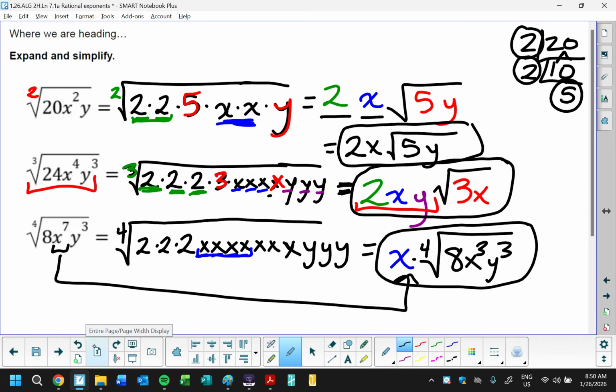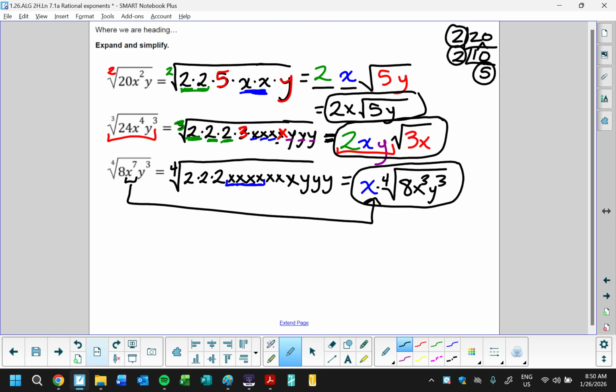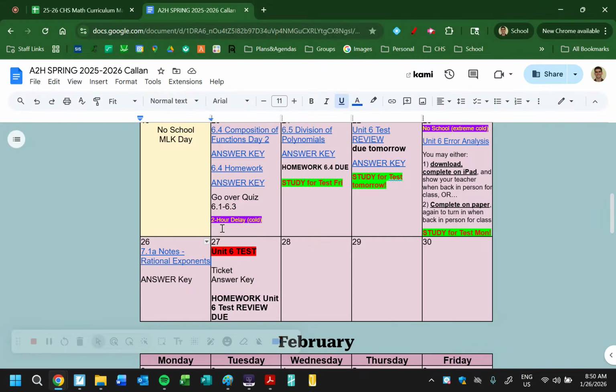That's pretty much what you got for today. Don't forget to continue studying. We're going to have to, at some point, return to being in person, take our test. If I could point out then on the calendar. So we're gonna do the test tomorrow. We're gonna start it in the very least. Even if we have another delay, it might not be enough time to finish the test, but we'll try to start it and then get going and finish it up 28th and continue on with our new concept of rational exponents and